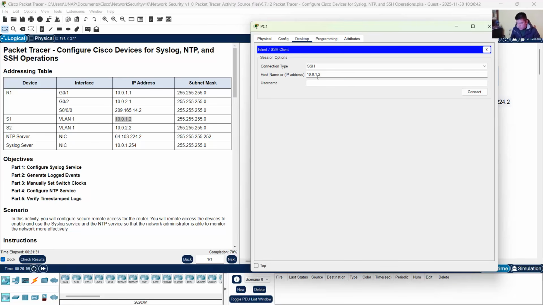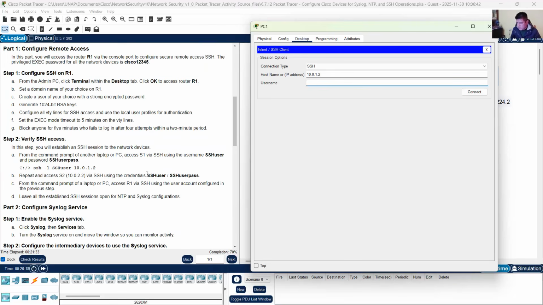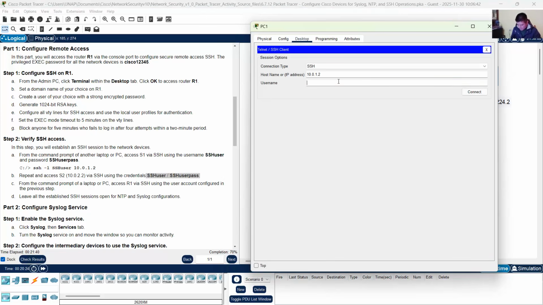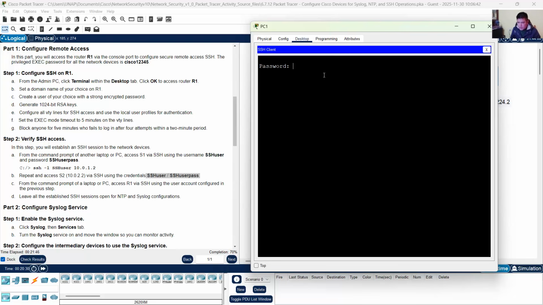Username, remember this, SSH user pass, case sensitive, SSH user, connect, password SSH user pass, enter. Okay, enable, Cisco12345, okay, configure terminal,